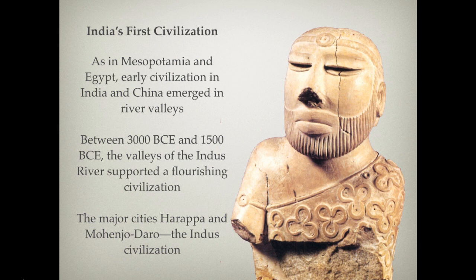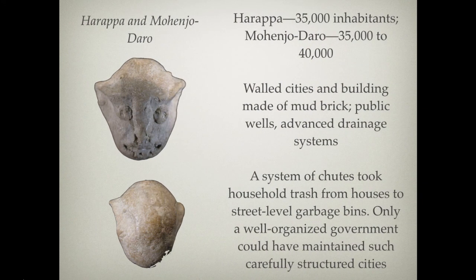Now, there are two major civilizations, two major city-states, as it were, that established themselves in the Indus River Valley civilization. That would be Harappa and Mohenjo-daro. And these are really emblematic of the Indus River Valley civilization. Now, just a few notes about these people, and we'll speak broadly. The Harappa settlement, the city, was somewhere around 35,000 people, and Mohenjo-daro around the same, maybe up to 40,000.